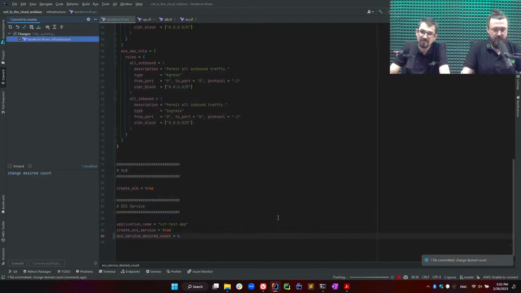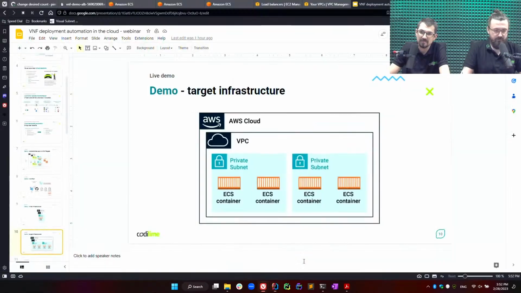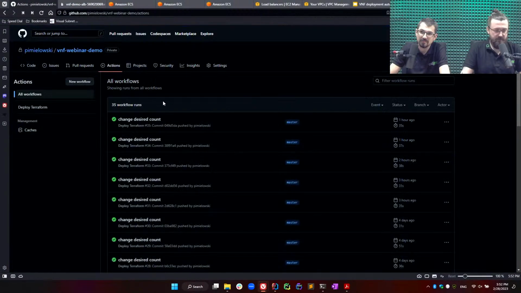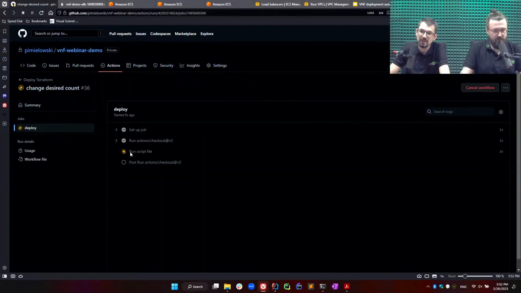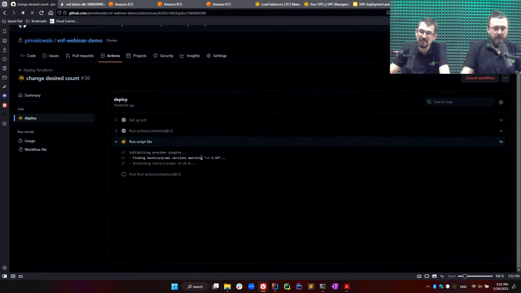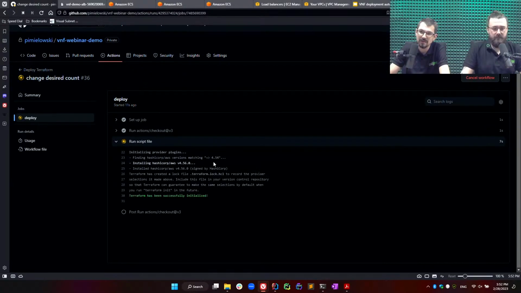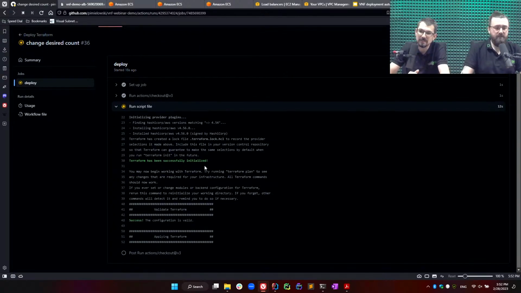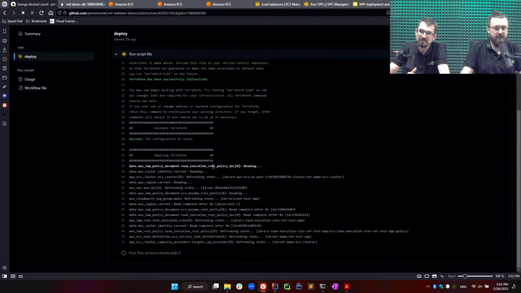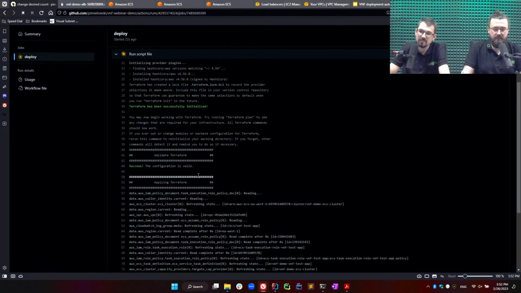So I am pushing the code to the repository. Let's see it here. It should be visible right now. Okay. So once the changes were done in Terraform and committed to GitHub, the pipeline is started automatically, as you see. And it is running the stages designed by Paweł. Right now, the Terraform initialized itself. We have done the quick validation check using the Terraform validate option, and